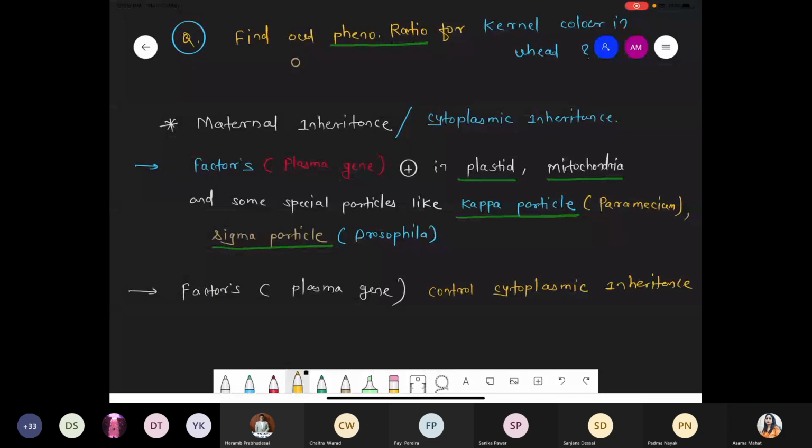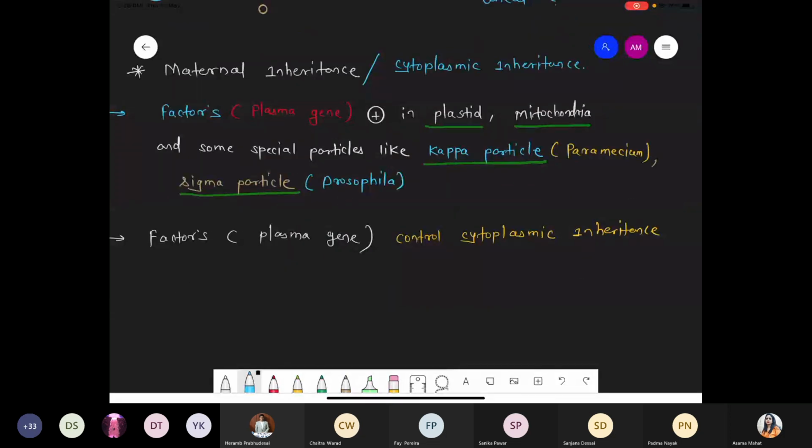But sometimes, mother's cytoplasm plays a very important role, because it has a large amount of cytoplasmic material, a number of mitochondria, organelles, and nutrition. So the major role of providing nutrition is performed by the female, by the egg. So when you talk about cytoplasmic inheritance, the simple meaning is that these are uniparental. These are the uniparental inheritance. I hope you understand what the meaning of uniparental is.